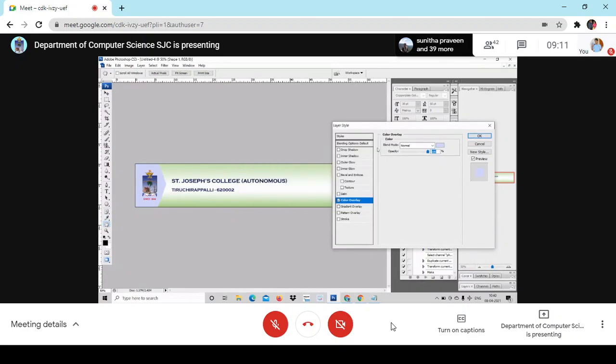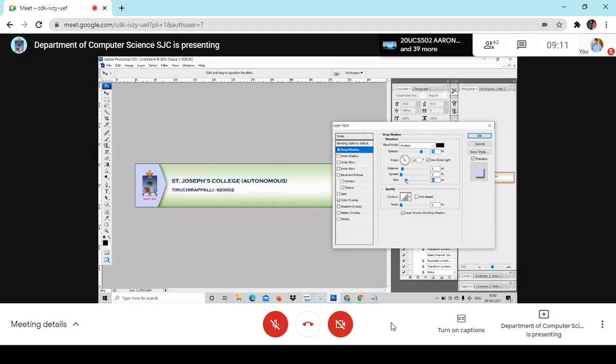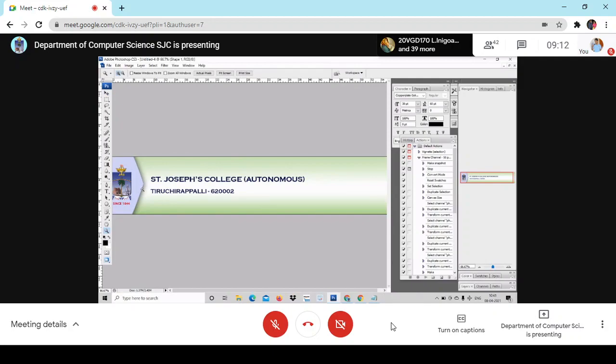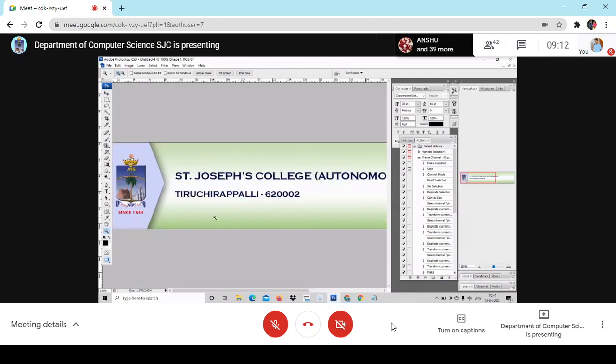Okay, I can even go for drop shadow and make it a little highlighted. See, it is highlighted. Now look at here, it looks different. Am I clear? So this is called a web banner, right? Web banner to be used on the top. Am I clear? On the top, right?